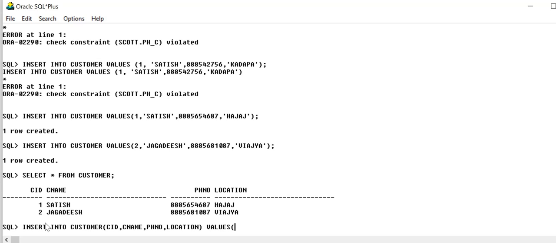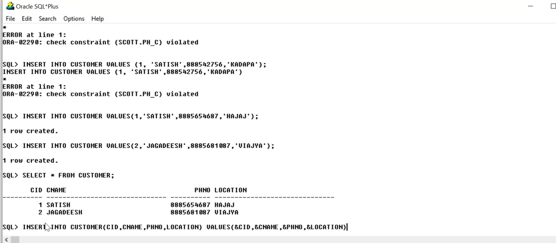Coming to values, we will enter the values as ampersand CID, comma, ampersand CNAME, comma, ampersand PH number, comma, ampersand location.